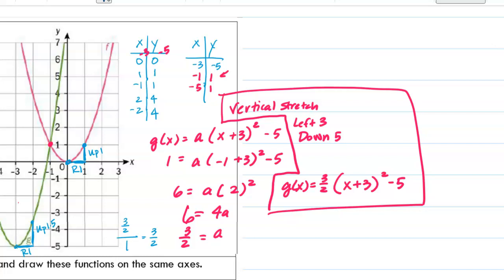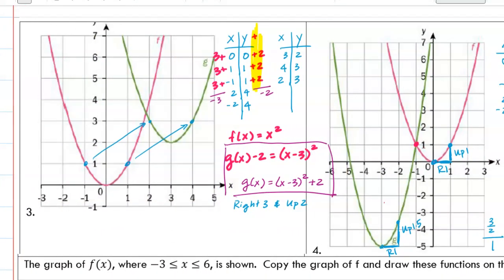It gets more complicated when we add a vertical stretch to it because we haven't gone through and actually looked at the table and saw whether or not we multiply the y values by 1.5 and then add 5 or subtract 5, or the opposite. We haven't done the actual order of operations when it comes to transformations yet. Okay, good job. Okay, now we're